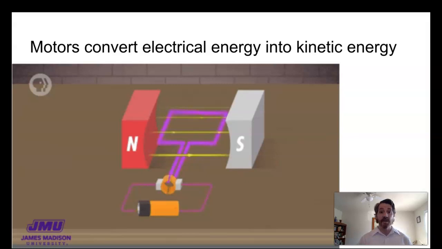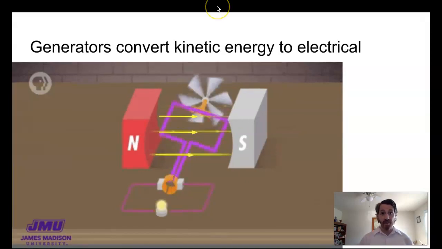A motor is what we talked about in the previous video, where electrical current passes through a magnetic field and therefore experiences a force, and if arranged properly, this conductor spins. This could be a wheel or a fan or a pump or whatever. A generator is the same basic setup, but it is arranged so that the loop of conductor spins for other reasons. Something mechanical like a windmill or a water wheel,